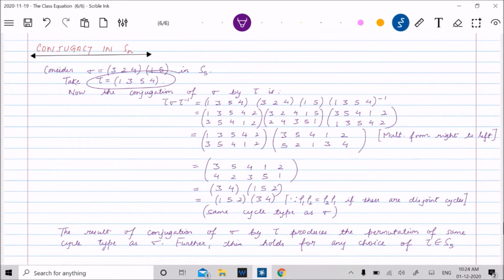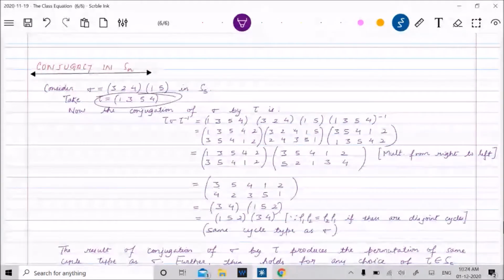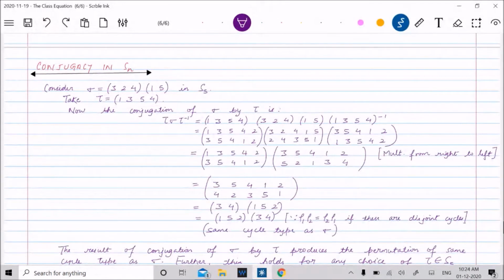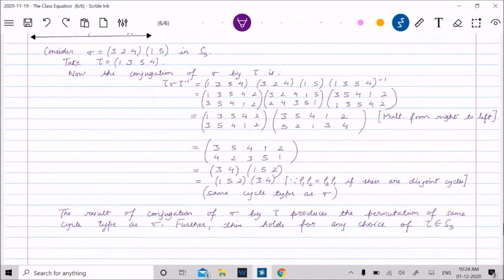This is not just true for this tau. If you choose any tau, any cycle type, this tau was a 4 cycle actually, right? So whether tau is a 4 cycle, 3 cycle, 2 cycle, whatever cycle you choose, this result will always be the same. The output of this conjugation will always have the same nature as the original